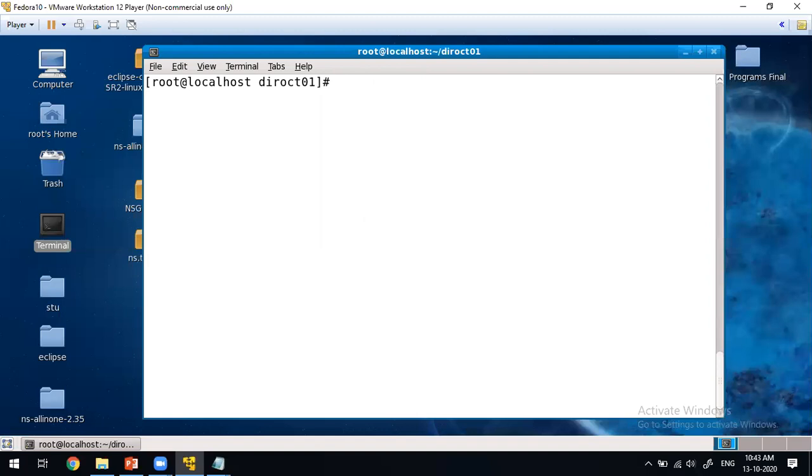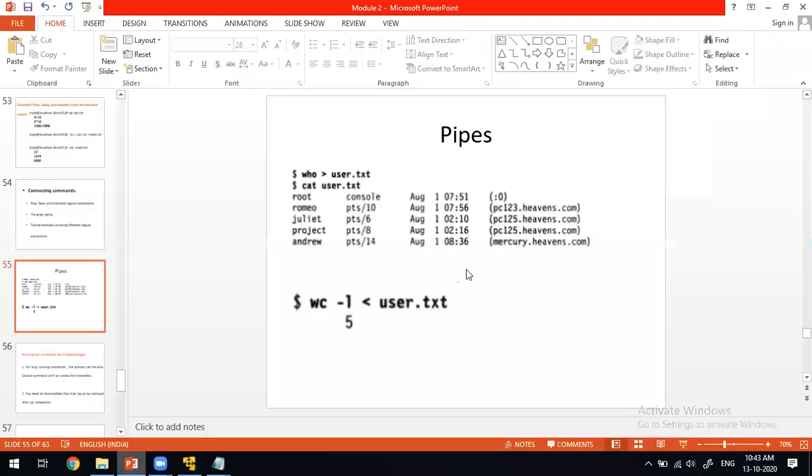In the same way, in the slide example, there are 5 users: root, Romeo, Juliet, project, Andrew. who greater than user.txt, the redirection symbol, means all the users are written to user.txt. In order to check the content of that file, cat user.txt.